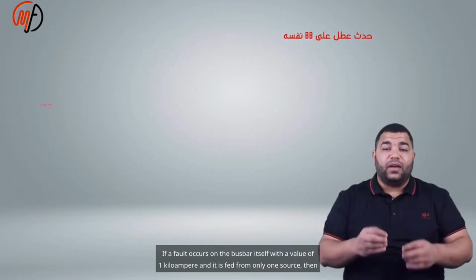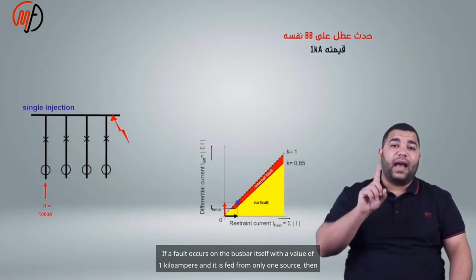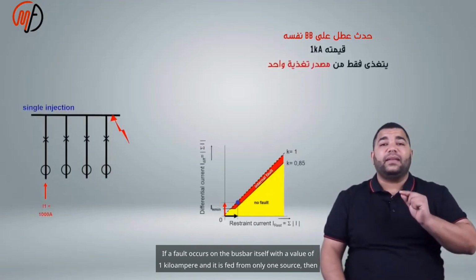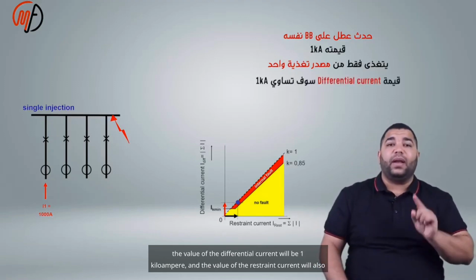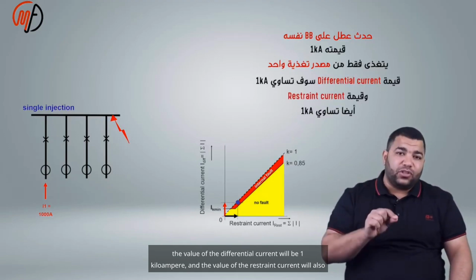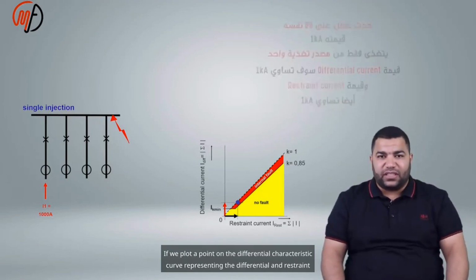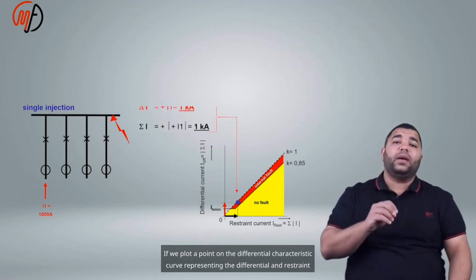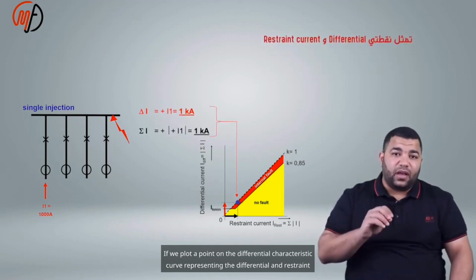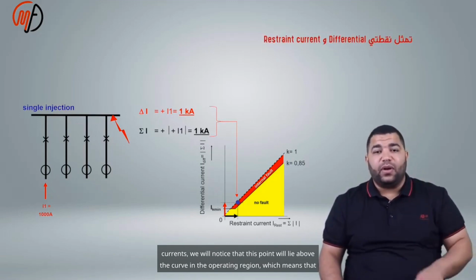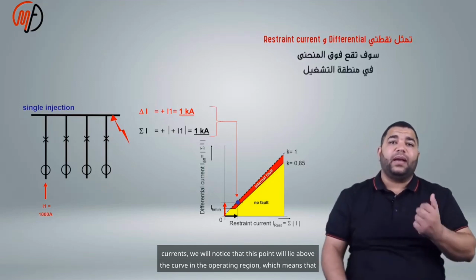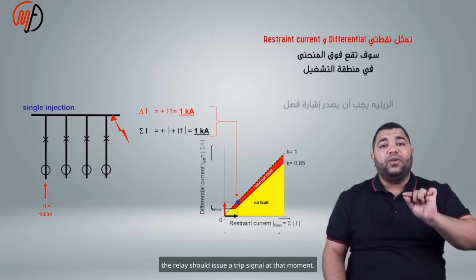If a fault occurs on the bus bar itself with a value of 1 kiloampere and it is fed from only one source, then the value of the differential current will be 1 kiloampere and the value of the restraint current will also be 1 kiloampere. If we plot a point on the differential characteristic curve representing the differential and restraint currents, we will notice that this point will lie above the curve in the operating region,